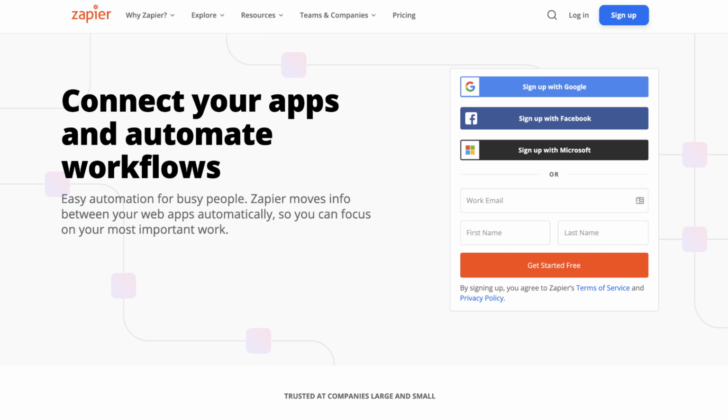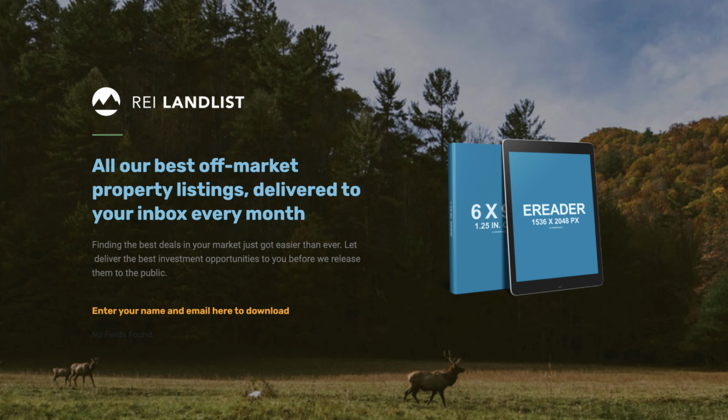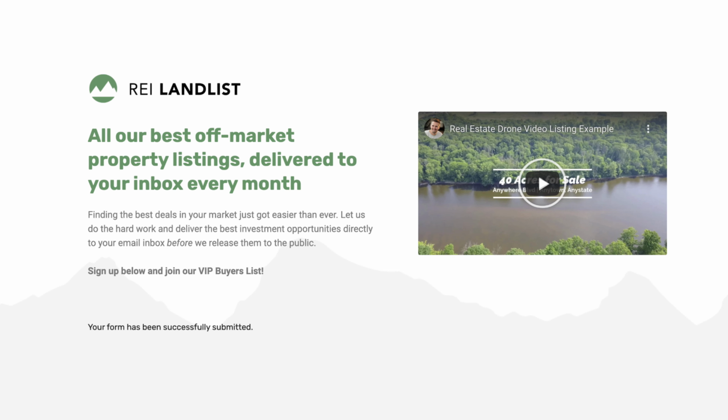But I just wanted to show you that in terms of building your buyers list, REI Conversion makes it really easy. And even if you don't use REI Conversion, if you have some other standalone theme for a landing page or something like that, a lot of these same principles apply in terms of how you can set up the automations, what you can say on your landing page, and the importance of a good video or image.